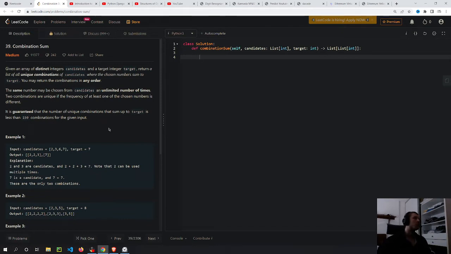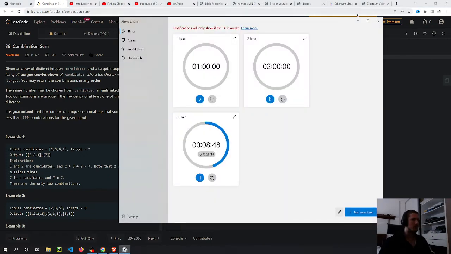But then how am I gonna know the unique combinations? I have to go through the mapping, but I'm not sure how. So there's one thing: I don't think I'm gonna be able to solve it in 20 minutes, just not enough time, but